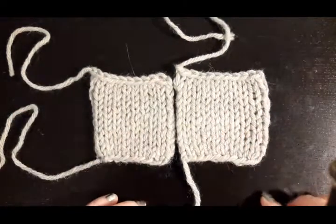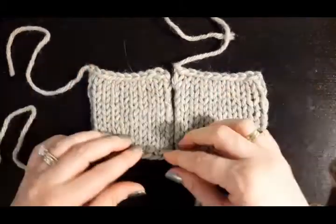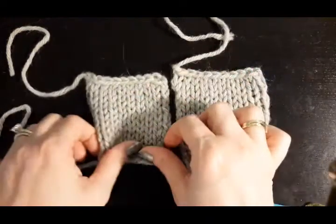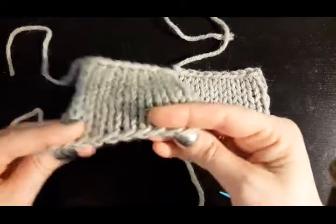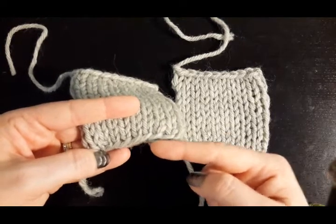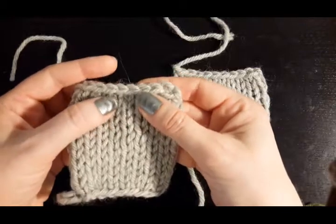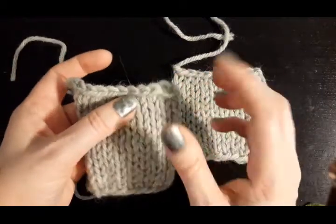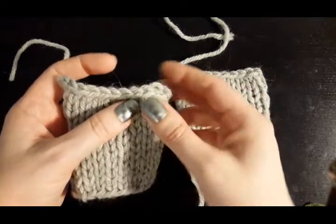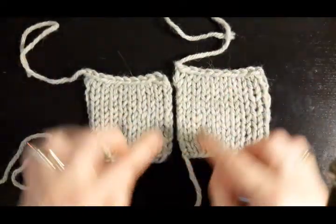So to start, you need to match up your cast-on edges and your bind-off edges of the pieces you are seaming. If you don't know how to find your cast-on edge, this used the long tail cast-on. So the cast-on edge has this series of slanting swoops. And then the bind-off edge used a traditional bind-off, and that looks like a column across the top of chain stitches, crocheted chain stitches. So I have my pieces lined up,